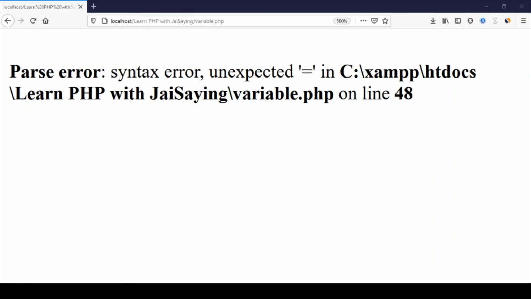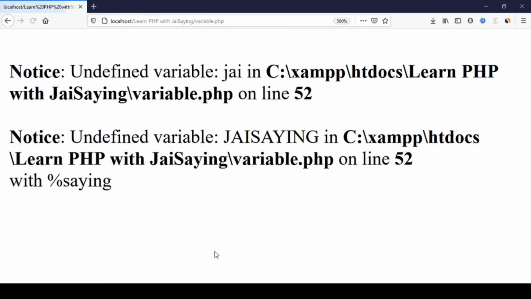Okay, so you can check. This is the error at line number 52. You will get the error.